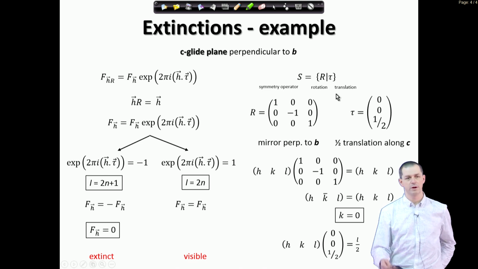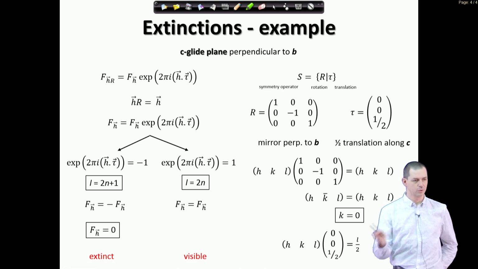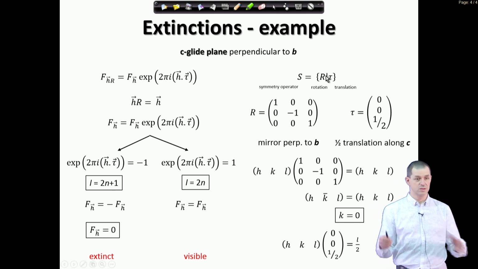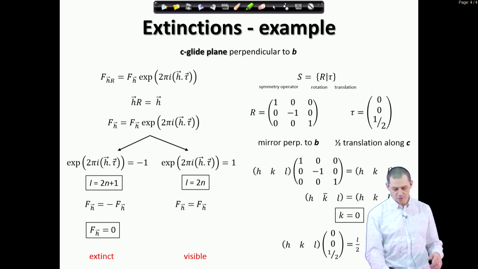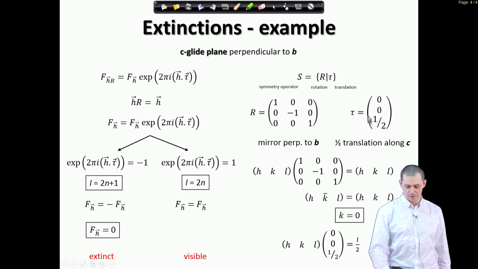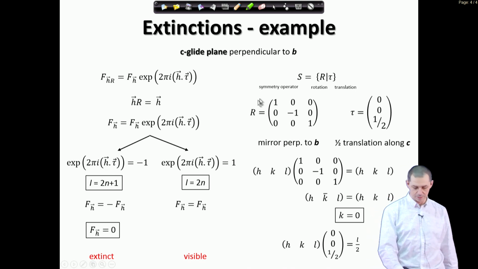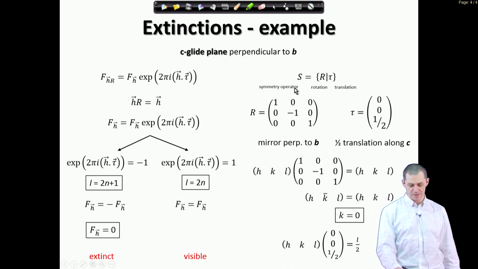The rotational part may be the rotation axis or the mirror plane, and the translation may be zero, so then it's pure mirror plane or pure rotation. And it may be non-zero, like in this case, it may contain translation along C, so in this case it's 0, 0, 1/2. And that means that after the rotational part, which in this example is a mirror perpendicular to B,